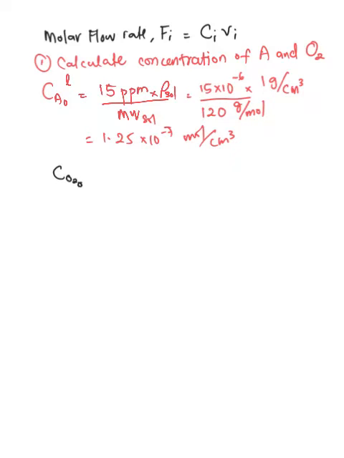Initial concentration of oxygen, but oxygen in gas phase. This one is before reactions, at initial. It equals the partial pressure of oxygen per RT. Oxygen in air is 21%, so 0.21 multiplied by 1 atmosphere gives the partial pressure of oxygen in air, divided by the gas constant in units of atmosphere